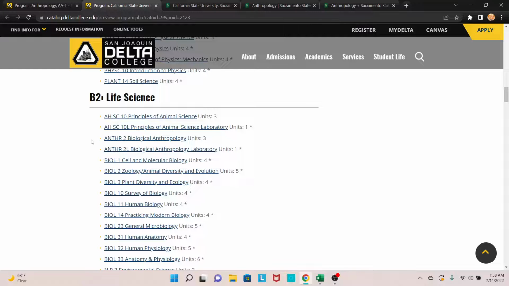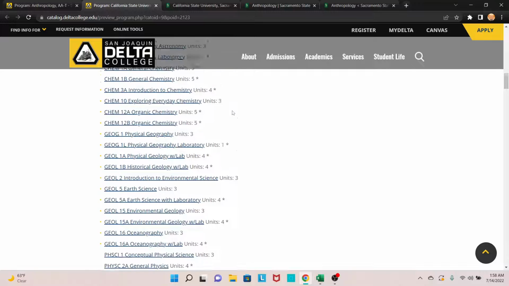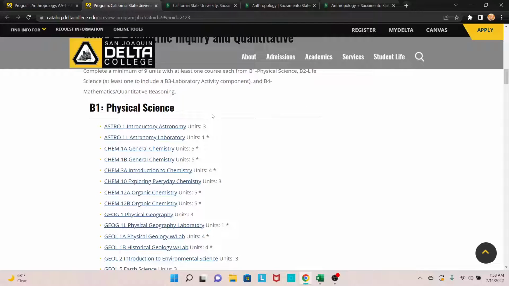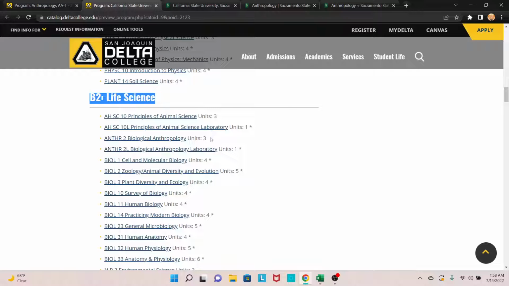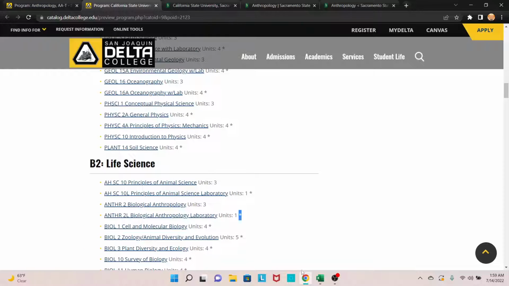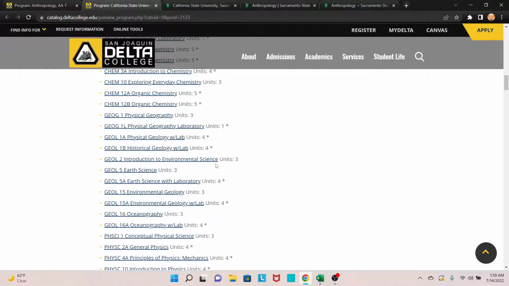So B2 comes in right here, and then B3 is the lab requirement, which means that you have to take one class with an associated lab in either B1 or B2. Since we'd be taking Anthro 2 and 2L, that would be the lab right there. Therefore, the lab requirement would be done, which is good to mention because that's where this next class that I added comes in, which is Geology 5, which also fulfills section B1 up here